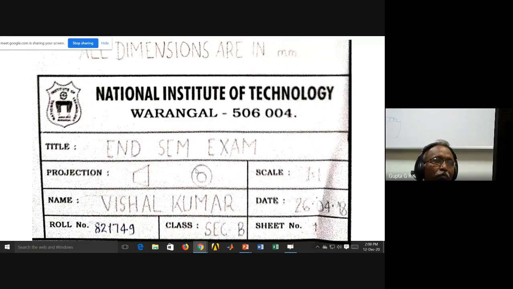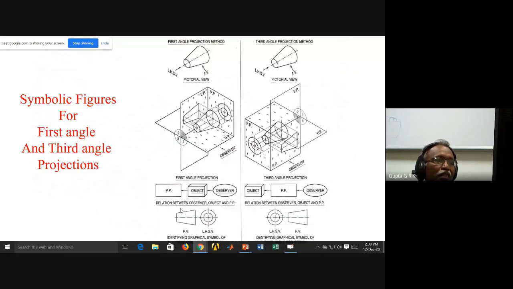So if I want to see both the circles, I have to see only from this side. That is, the left side view only will have both visible circles. If I draw that on the right side, it is first angle projection. If these two circles are drawn on this side, it becomes third angle projection. Okay, so that is the symbolic representation. Here, this is the first angle projection, and this is third angle projection. So this is the front view for both, and the left-hand side view is drawn on the right side in one, and on the left side itself in the other.